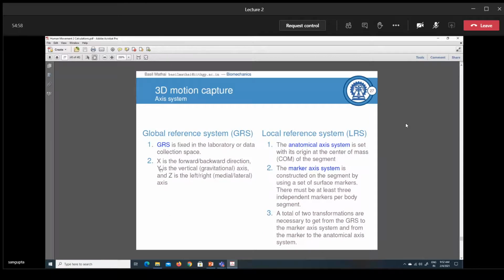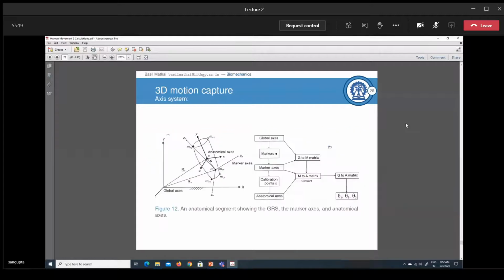So there is a global reference system, a global coordinate system, and you have a local coordinate system, as I told you. The global one is fixed to the laboratory, and the local one is anatomical. There is also the marker LCS, and you have the anatomic limb segment LCS, and this is explained together